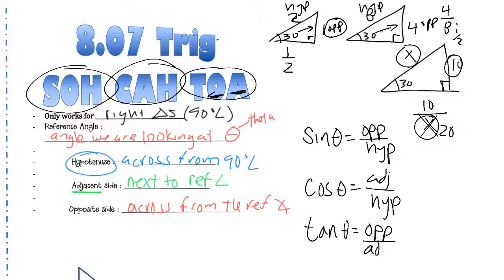So the acronym SOH CAH TOA can help us. When I'm talking about sine, I want the opposite on top of the hypotenuse. So these are like fractions here. Adjacent over hypotenuse for cosine, and for tangent, it's opposite over adjacent. So I'm going to show you how to set those up on the next page. So turn to